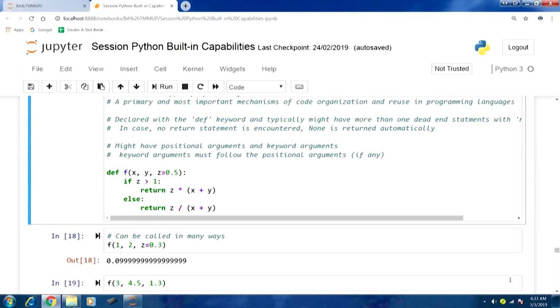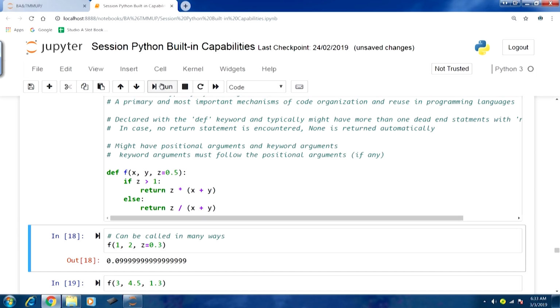As I said, in the function we might have multiple possibilities, so we have to explicitly indicate that using the return keyword, or by default None would be returned. So, let us run this.